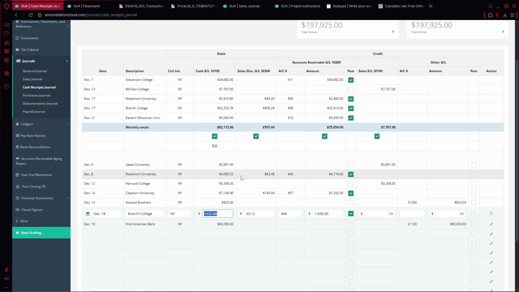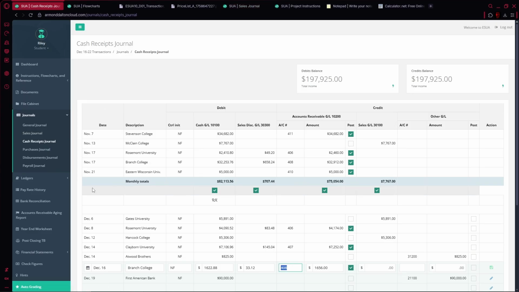So anyways, fast forward, you put what you just received, and then you want to put the discount, or rather the difference between number one, the invoice number that you had previously in your pre-list, and number two, the difference between the cash you received. In this case, it'd be my sales discount, which is this right here. These numbers, this one and this one, are all going to be different, so don't just copy my answers down. You're going to get them wrong. You have to do this yourself. But this number will be the same, and how you determine this number is going to be from